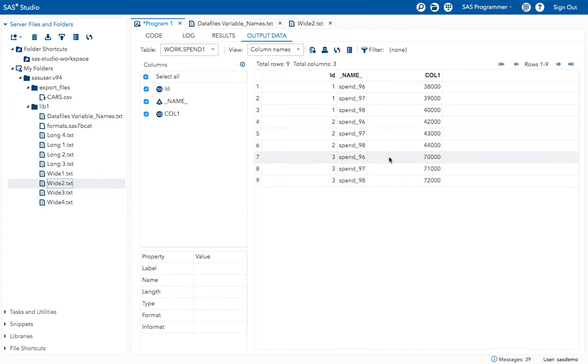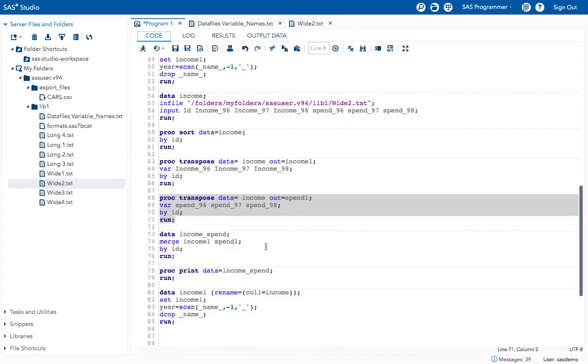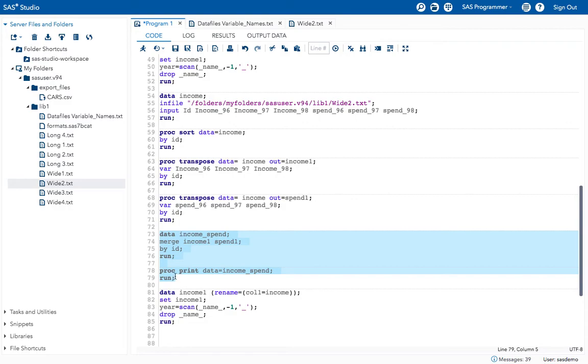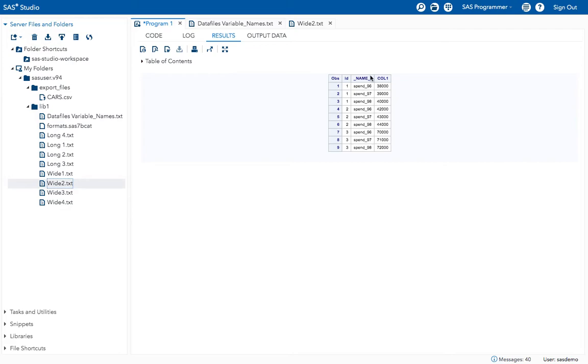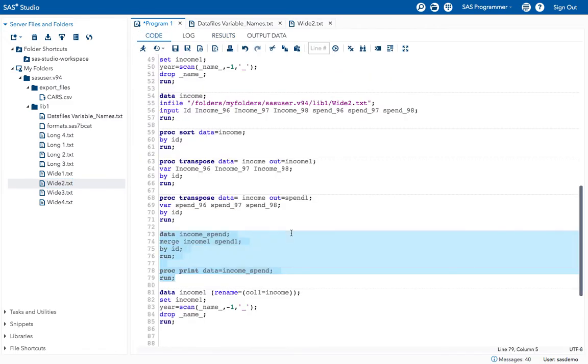So SAS is thinking that both the variables are the same, so it gave me results only for the spend variables. It didn't give me the result for all the 6 variables.